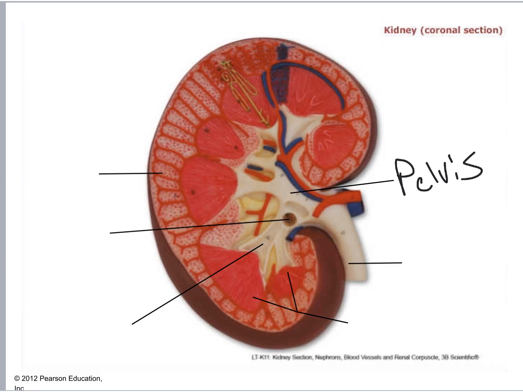So this is a different model. It looks a little different, so that's why it's on this PowerPoint. The next line is pointing to the ureter. That's the tube that goes to the bladder. The next line is pointing to the renal pyramids,